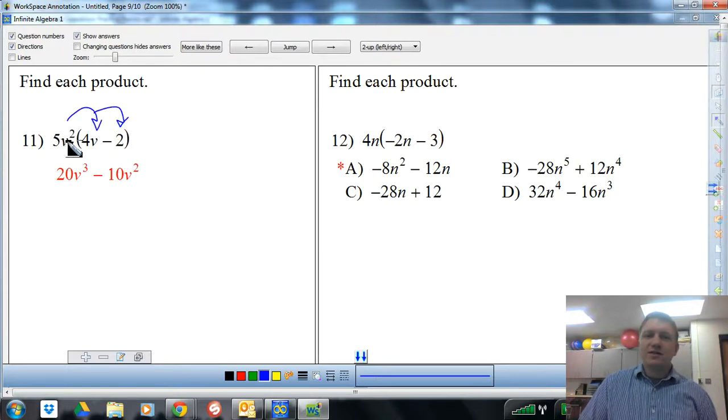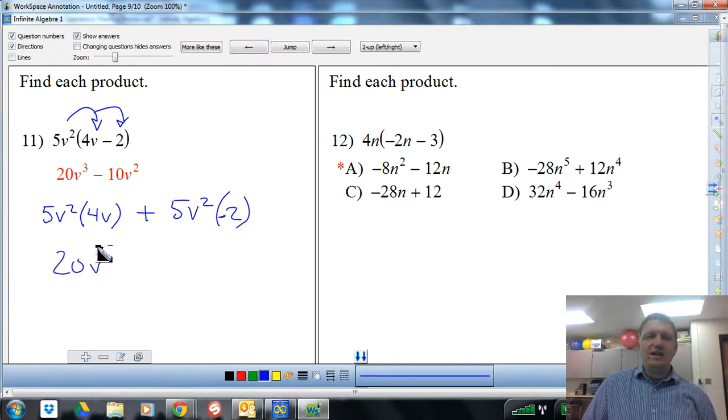Multiply this. This is called the distributive property. When you do that, you're going to go 5v squared multiplied by 4v, and then plus 5v multiplied by a negative 2, v squared multiplied by a negative 2. Okay, so this will actually turn into 20v, and then what you got to do is take the exponent on this one and combine it with the exponent on this one, because then it will become v to the third. And then you go minus, because it's going to be a negative times a positive, becomes a negative